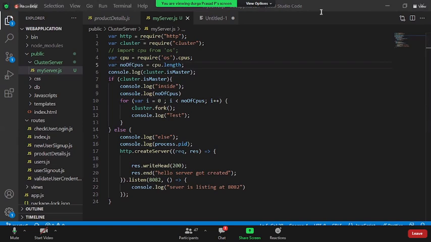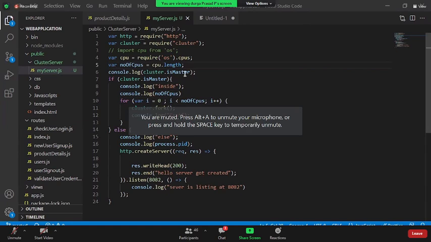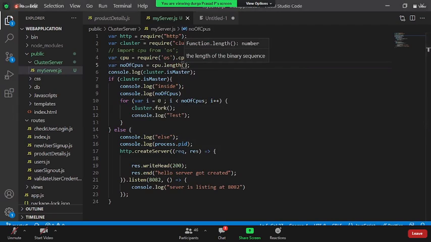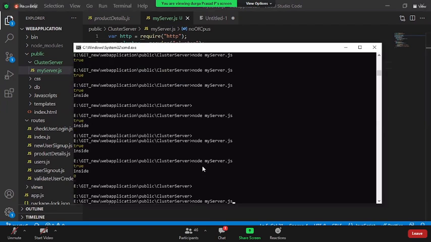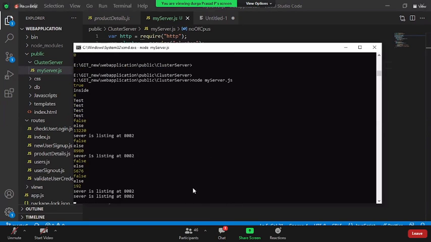If you are not talking, you need to mute. Sir, you forgot the brackets. CPU dot length. Before, yeah, before. Okay, so here you are saying yes. Yes, CPU is a method, right? Yes. Okay, good.